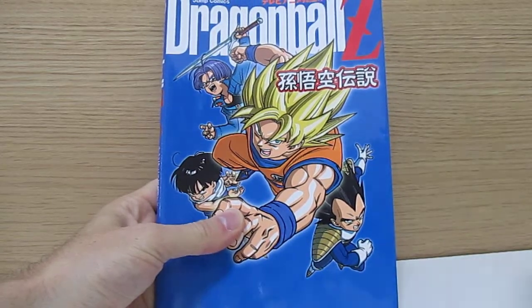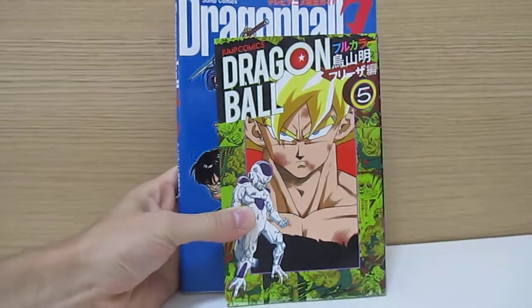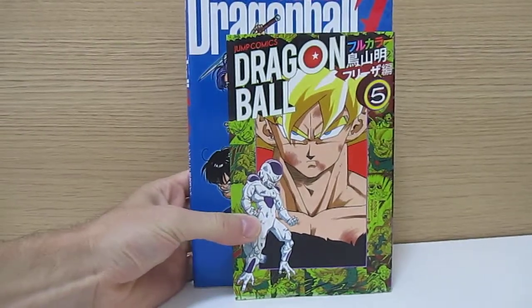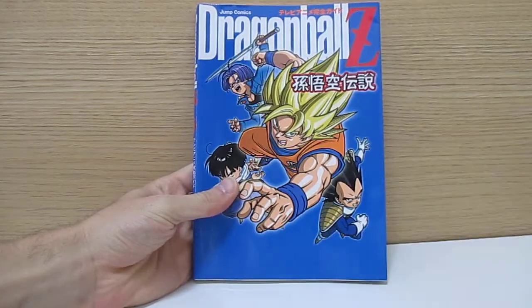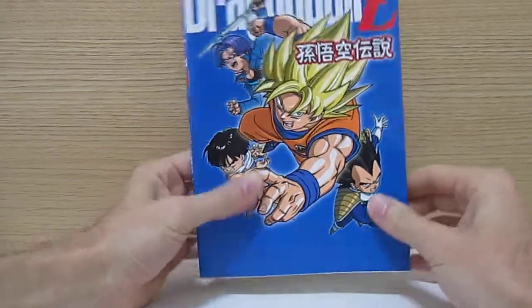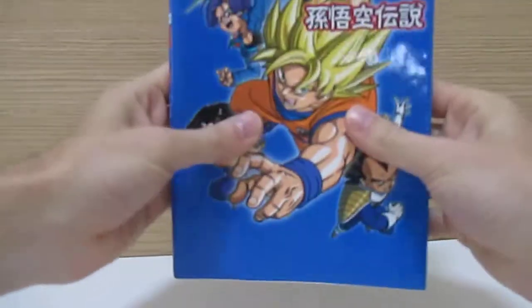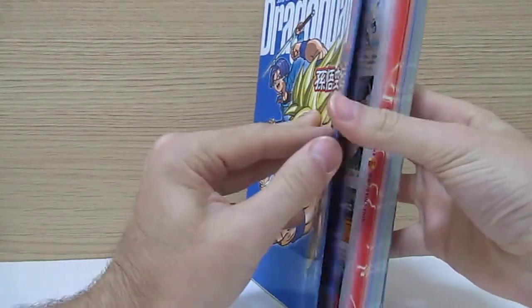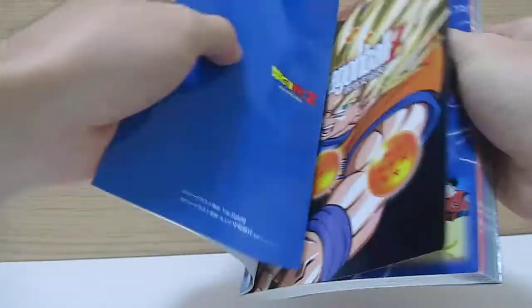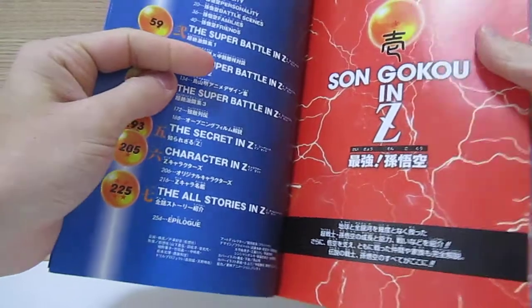animated series. It is actually a little bit bigger than, let's just move the camera back a bit, it is a little bit bigger than a standard comic book, but it's still relatively small, so it's nice and easy and compact. It is soft cover, as you can see, and it does read left to right, interestingly, because usually these kind of comic type books read right to left, but it does focus on the Dragon Ball Z story rather